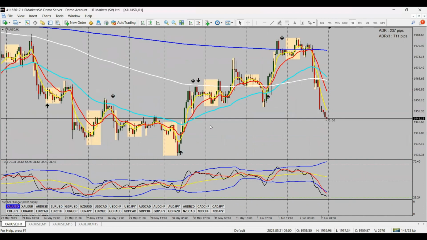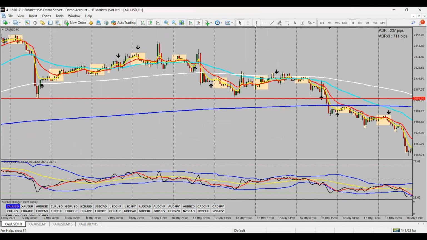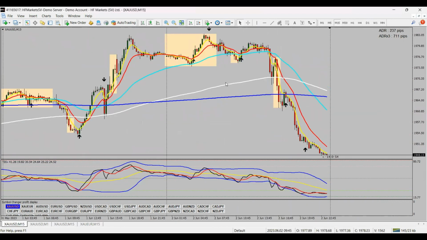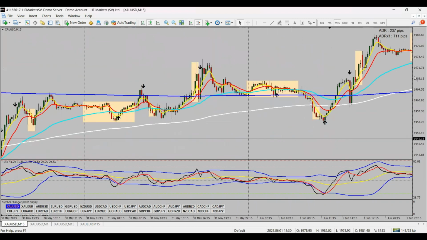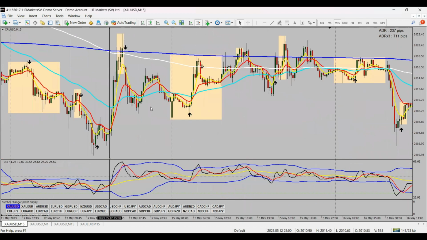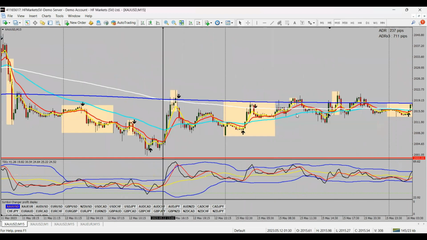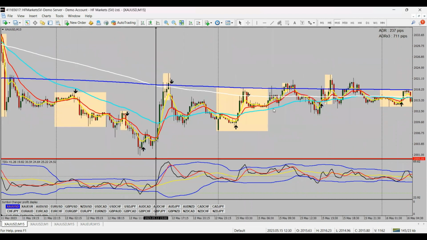Let's look at a pair like gold. Once again, we can look at gold. Gold has been in an overall downtrend off of the 1 hour since the 12th of May. So since the 12th of May, we have been seeing gold, for the most part, selling. Okay? Selling. So we have our 5200 crossing on the 11th, and all we will be looking for is selling